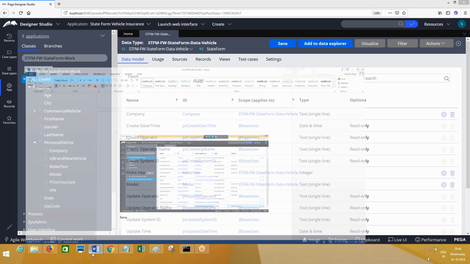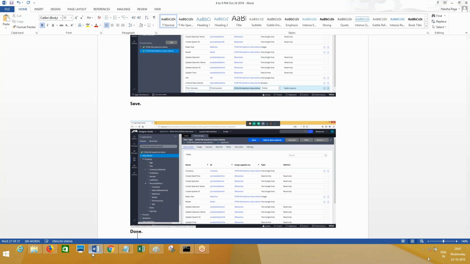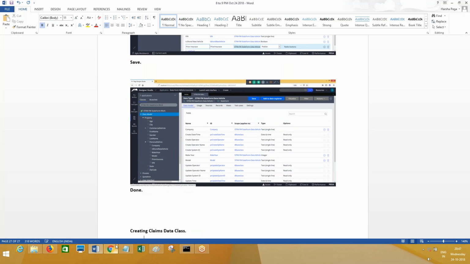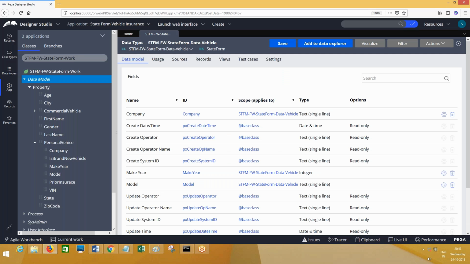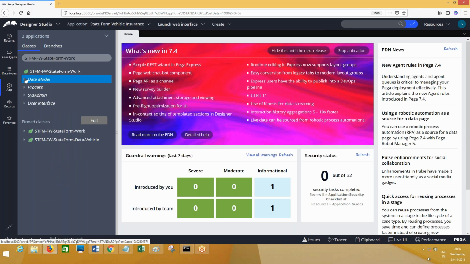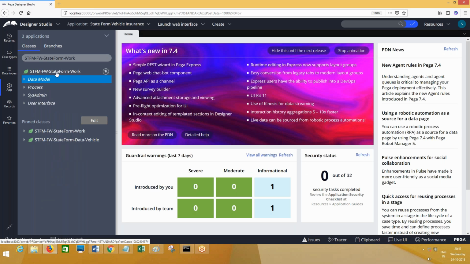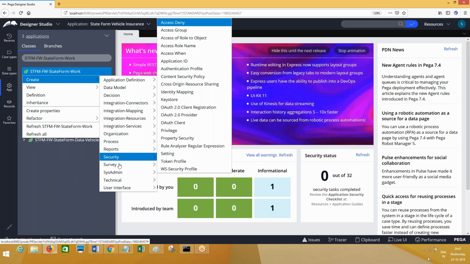Done. So now creating claims data class. You need to guide me with the navigations. What is the navigation? Yeah, here you don't choose data also, no problem. Create STFM-data.